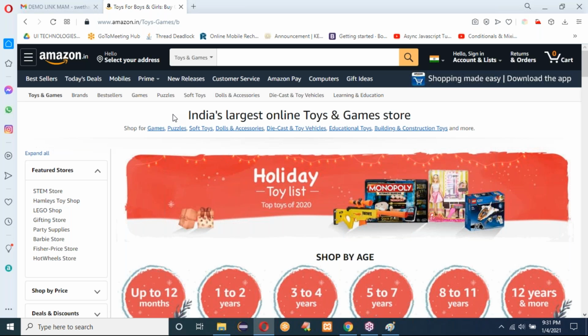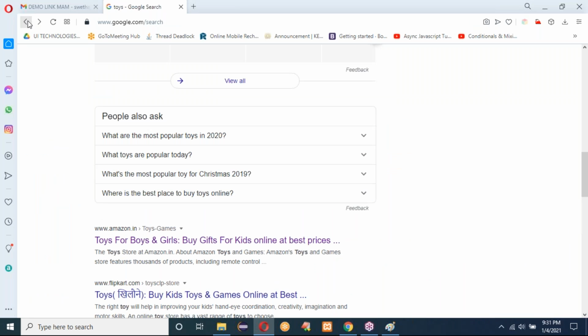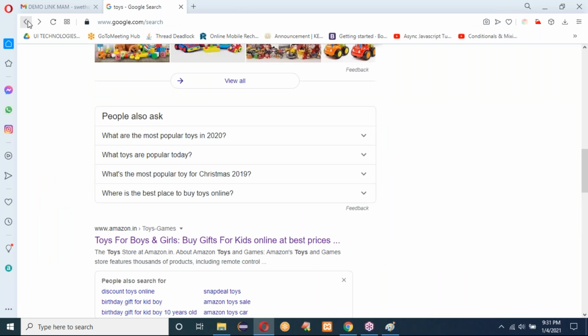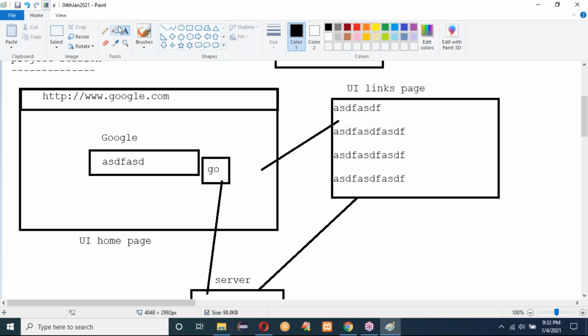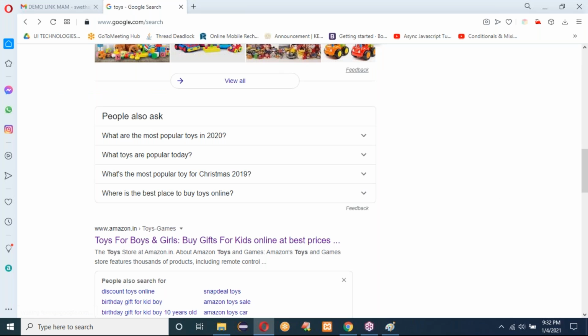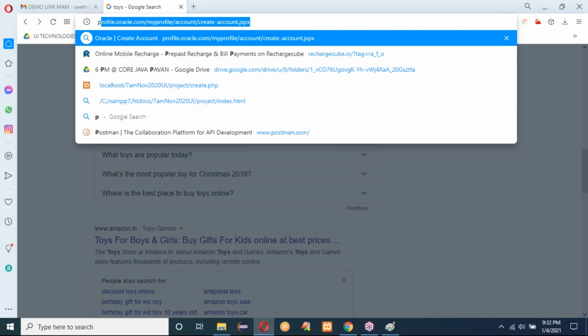So like that we can create multiple applications. Multiple URLs will redirect to multiple web applications. For this we are using front end to server to database. Here, if you check oracle.com,